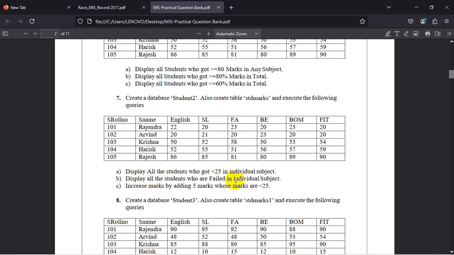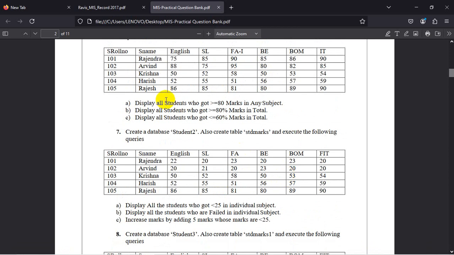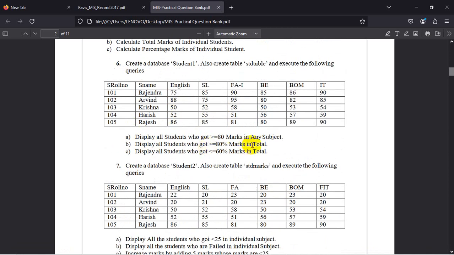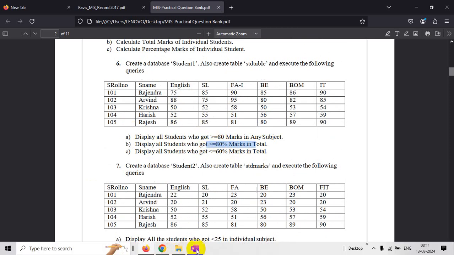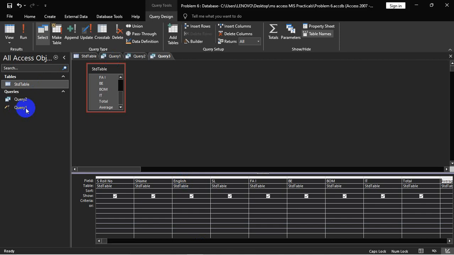Display all students who got marks above 80% from the total. From the total, that means average. Average means 80%.